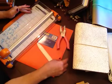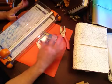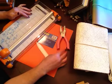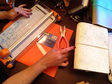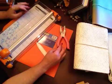What we're going to be making is a folder, a dashboard type folder for your traveler's notebook. The one that I'm going to do today is going to be for my A5 in Avalanche. It's a Foxy Fix. So the tools that you're going to need is going to be a quarter round, which